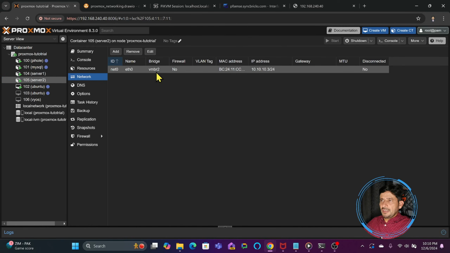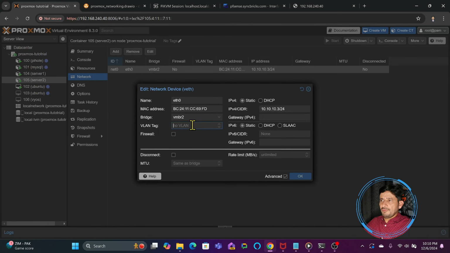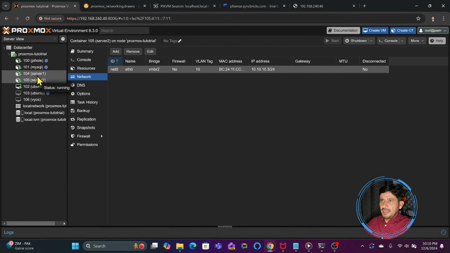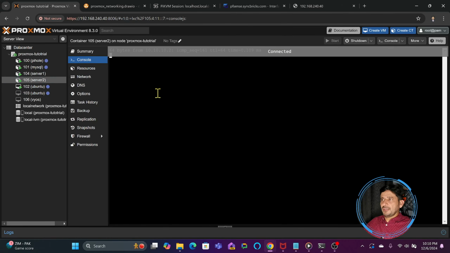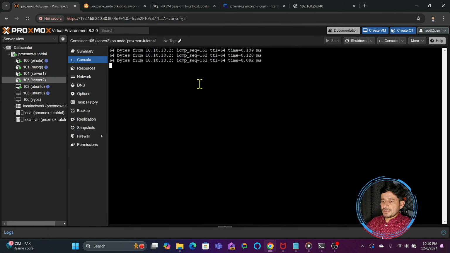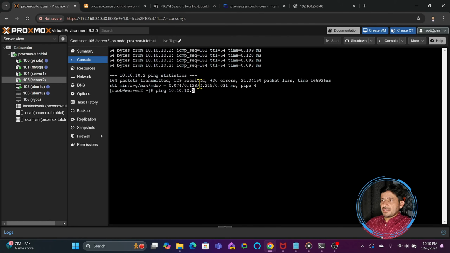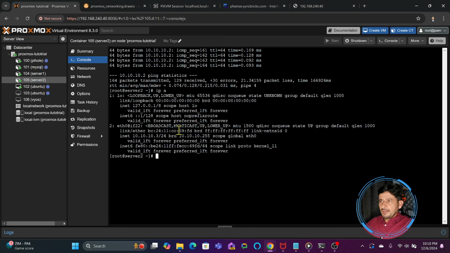I will just change the network settings for this server also. So server 2 will also have VLAN tag 10. Now these both servers are on VLAN 10, and if the VLAN is assigned on the network, these will start communicating on that particular VLAN. Now you can see here these both are on the same VLAN, and if I try to ping, you can see the response is coming from this one. If you see the IP address of server 2, it's 10.10.10.3, so it can ping now